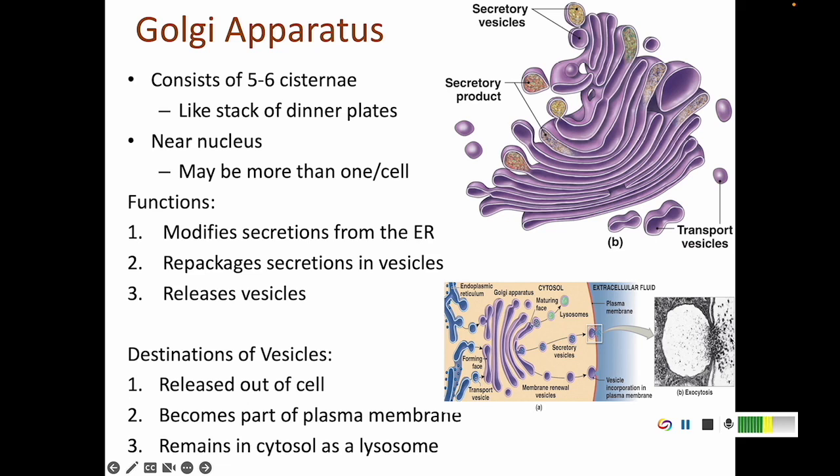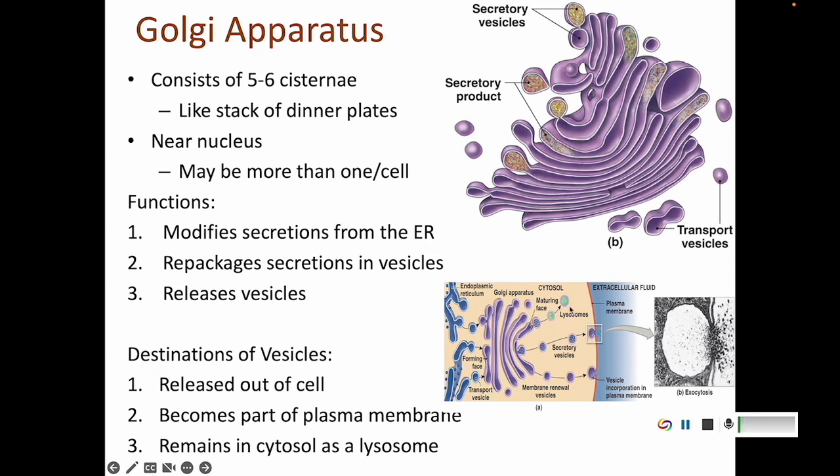Maybe it's a hormone or some signal that needs to be sent to other cells. One is it could be part of the plasma membrane. So you see this vesicle coming, and it's just merging with the membrane because this is just providing new phospholipids for the membrane. And one is it could remain in the cytosol and mature into a lysosome. So this one here, you can see this vesicle is gathering the enzymes to become a lysosome and maturing into